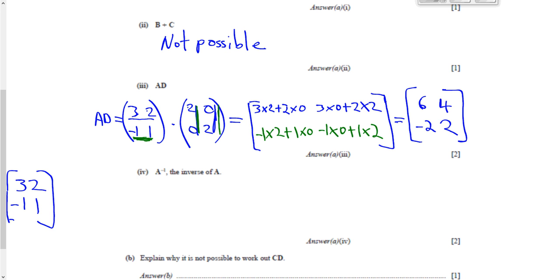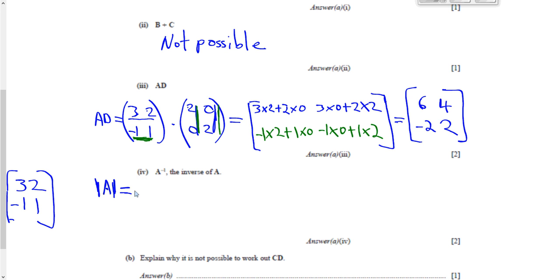All right, and I've got to find the inverse. Now, before I find the inverse, I need to find the determinant. All right, the determinant of A. So A, and I'm going to use these absolute value brackets here. So the determinant of A is going to be